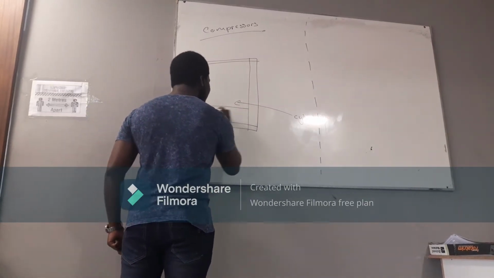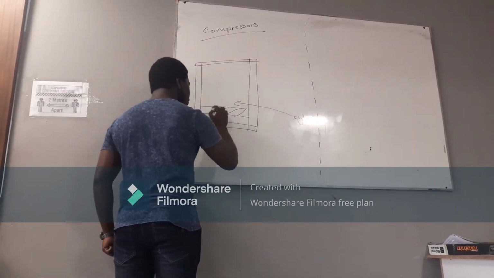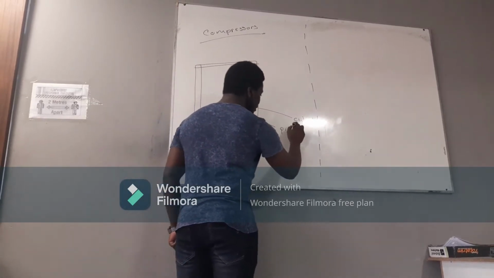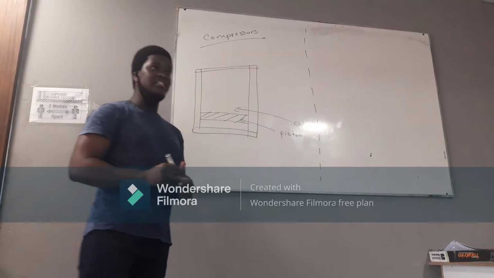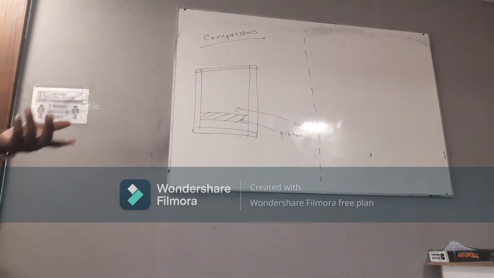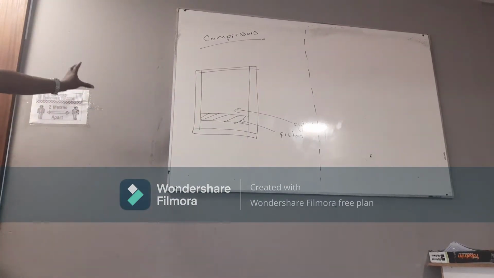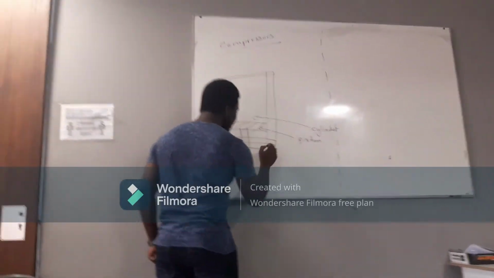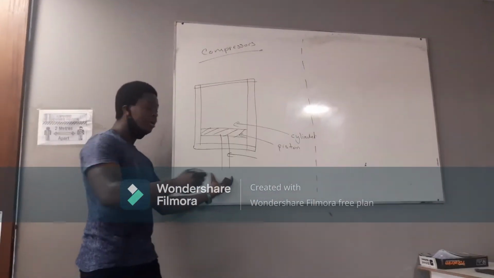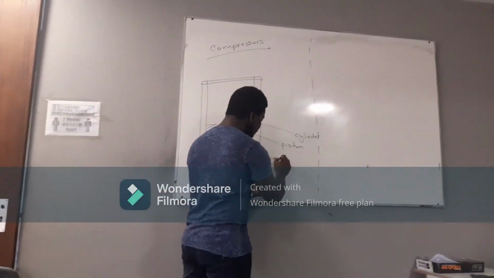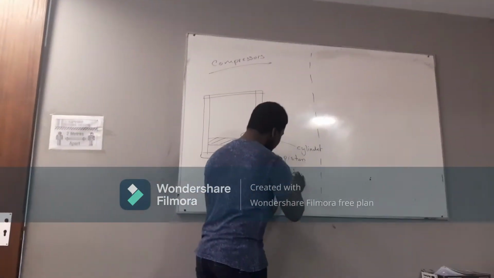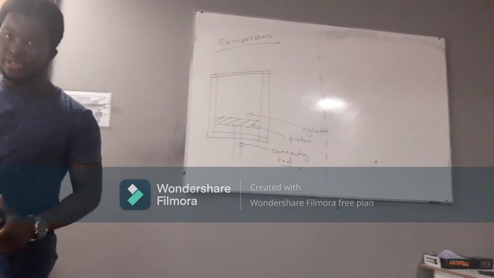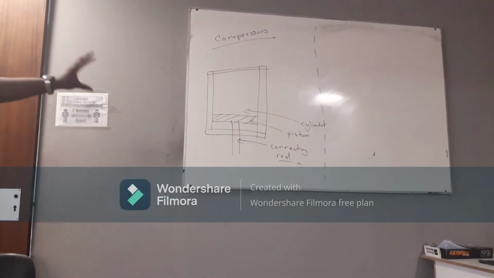Inside the cylinder, you've got a piston. Now, a piston is the one that squeezes the air in or the air out. It is the one that does the actual compressing. Are we together? Our piston is connected to the outside power with the connecting rod. This is where the outside power comes from.